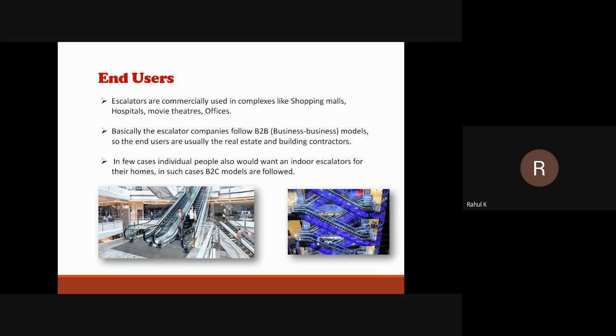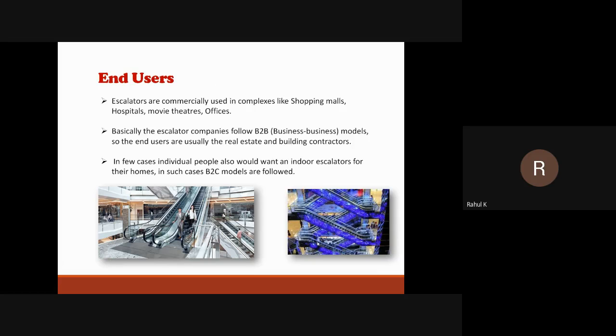Business to customer exists because some people may need escalators for their homes, so they buy directly from the manufacturer. But B2B is the majority of the market,